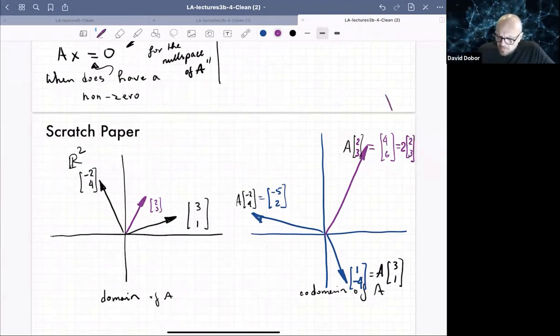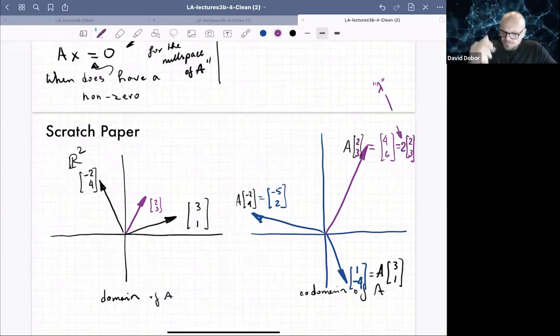This guy too, the stretch factor, is called lambda. Using the letter lambda is just a convention, and we'll follow it. Here we have a situation with a very special vector: in general all vectors change directions, but some vectors stay put on their own lines, and those vectors are the eigenvectors. So this is the eigenvalue